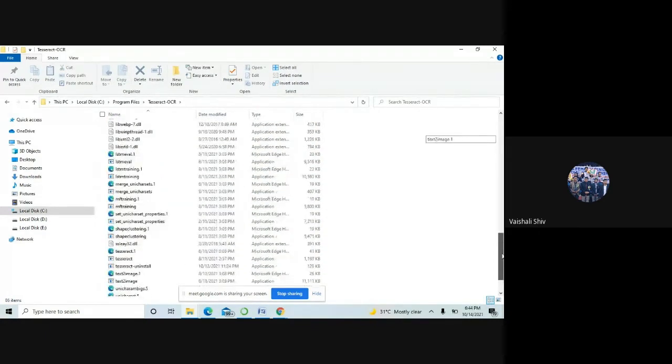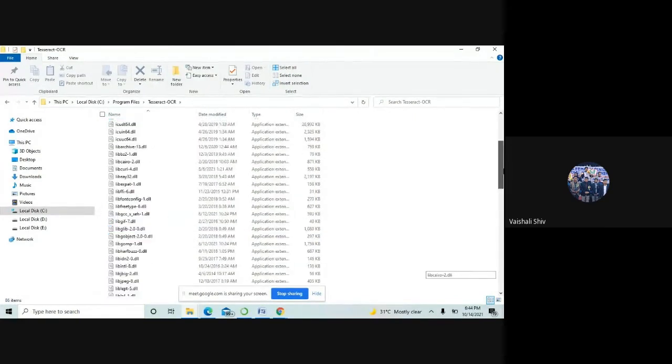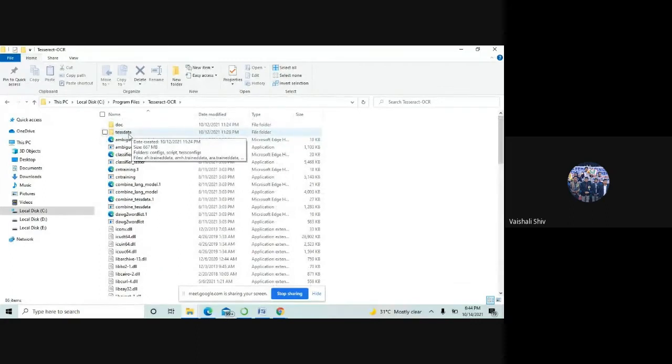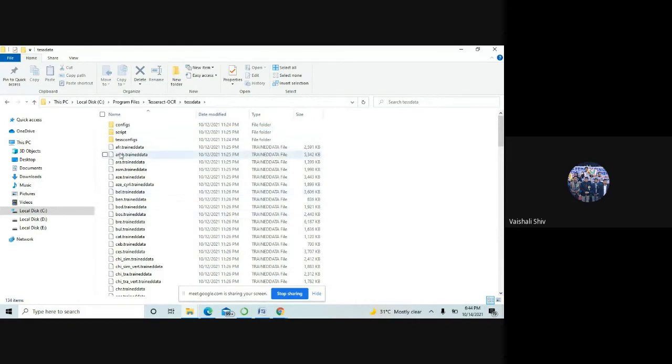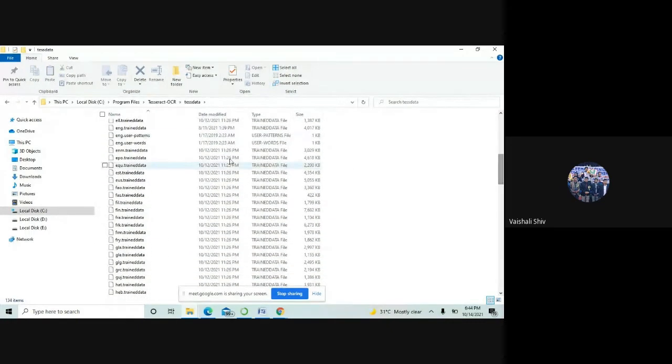So you will see Tesseract. Okay, this thing is there, it is in exe format. You need to remember this one, and one more thing you have to remember, tessdata is given. Okay, so it has been trained in these kinds of languages. You can see African languages, AMH, certain languages there. So all these images you can see. In all these languages it has been trained. You can see the English one.